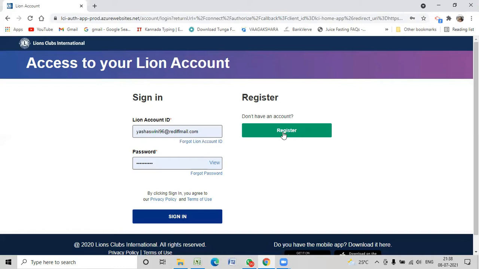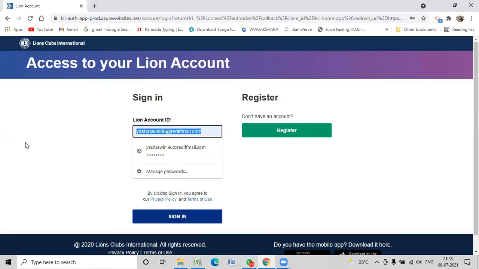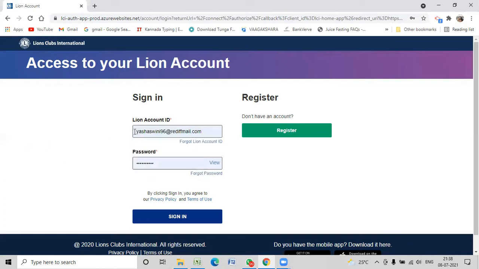So always make sure you're trying to log in only with the email ID that you have given as your official contact ID to Lions Club when you enrolled as a member. Okay, so once you get that, you can log in here. You can put in your email ID, and then the first time you can create your password. And now that I'm logging in for the nth time, I'm going to just log in here. Okay, sign in.